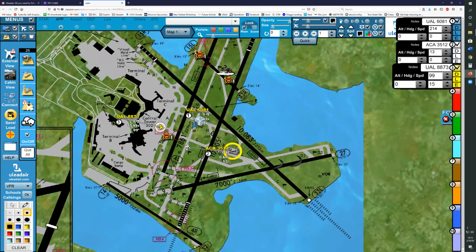Ground. Good morning. United 8873. We're ready to taxi. All right, so they've already cleared you to taxi to the ramp via Charlie, hold short of Bravo, and let them know when you get to Bravo. So now I'm just saying, now you've rolled up to Bravo. You're stopping right there on Charlie at Bravo, and call them up and tell them.